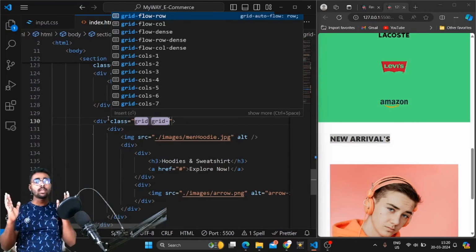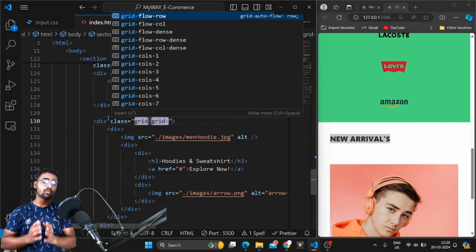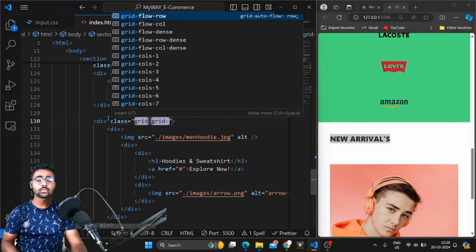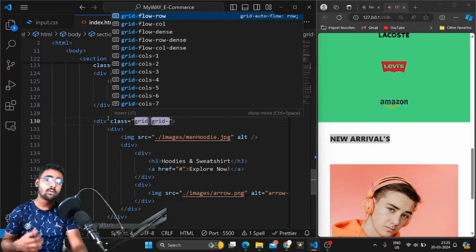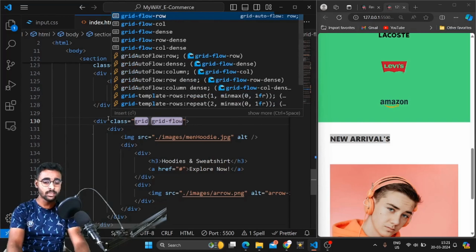Now if we want to make those cards responsive, if we minimize the screen, you will get to see the cards are coming in a column or in a row. So for that we will be using flex row or flex column. So that will be a part of grid section. Okay, so grid are very much important. So let's make the grid as a flow of row,